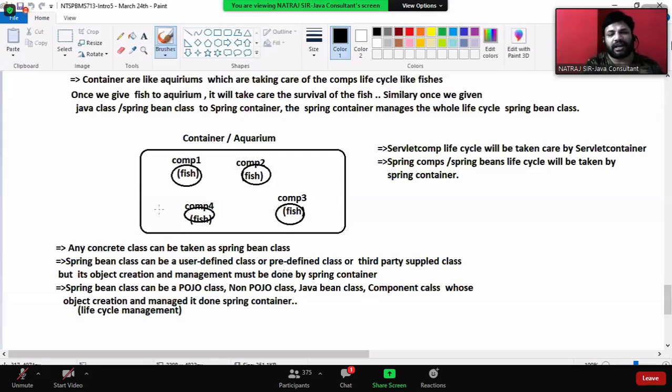What do you mean by container, sir? A container is a software application that runs continuously